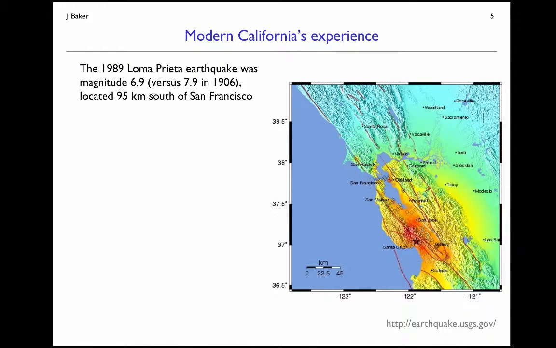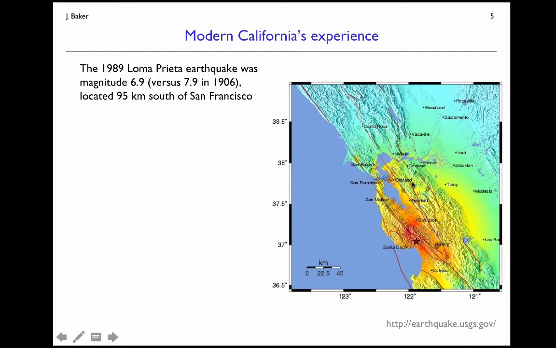We've had a couple famous experiences with earthquakes in this region, notably the 1906 San Francisco earthquake that caused widespread destruction, but our infrastructure systems at the time were nothing like they are today. A little more modern experience is the 1989 Loma Prieta earthquake. This San Francisco Bay Area is noted in blue here. You can see this red star down to the south marks the epicenter of the Loma Prieta earthquake. That was a 6.9 earthquake. It's notably about a unit smaller in moment magnitude than the 1906 earthquake. It was also about 95 kilometers south of San Francisco.